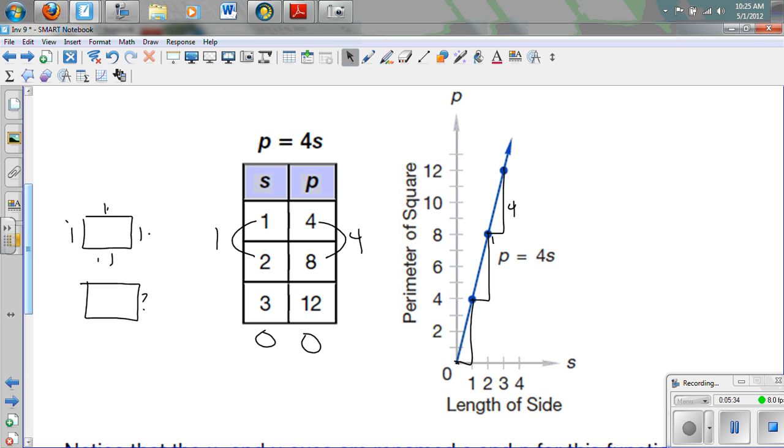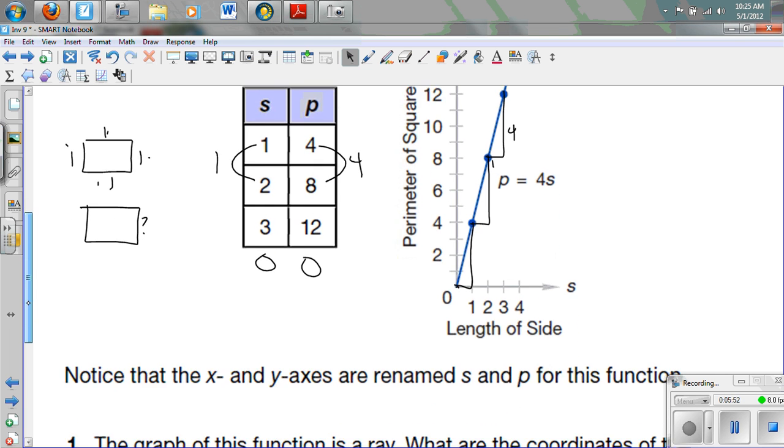And there are many graphs that look kind of like this. If you think about what it is they're doing, they're starting at 0, 0 because we can't have any negatives. Can you have a negative side length? We can't. So some graphs start at a certain point and then continue to go over and up, instead of